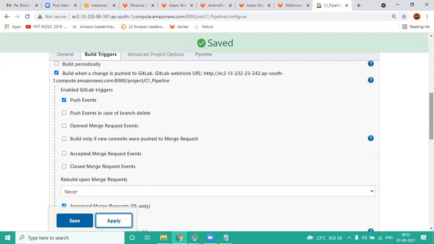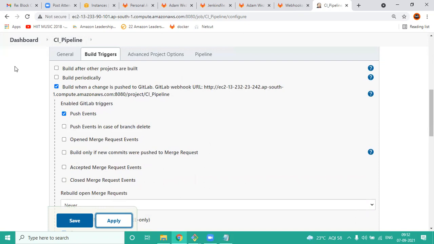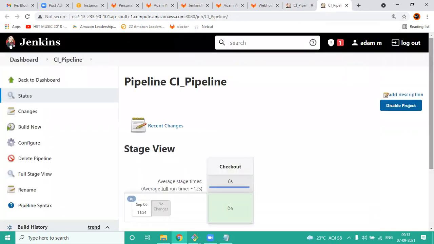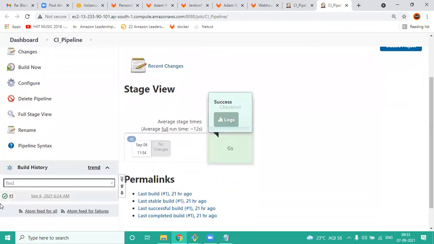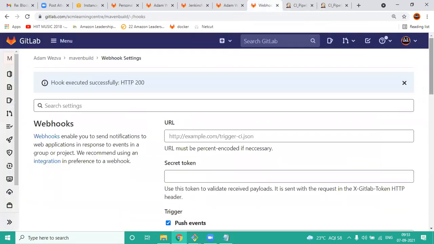So what we are doing, we created a webhook and we told which is the Jenkins job to trigger. And in the Jenkins job, we are allowing the trigger type, because who is going to trigger this? The webhook from GitLab. So that is where we are enabling this. And now what we can do is to test if any check-in happens, you should see that this build should get triggered. So if I go back and test this job once again,